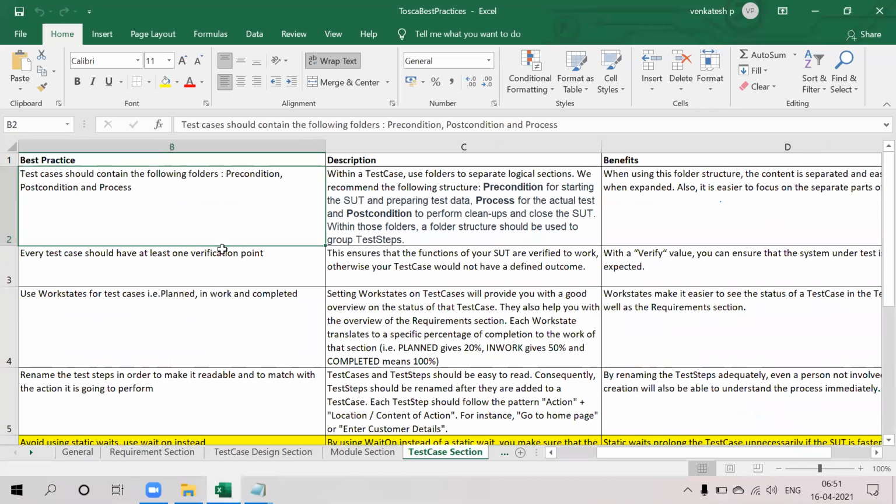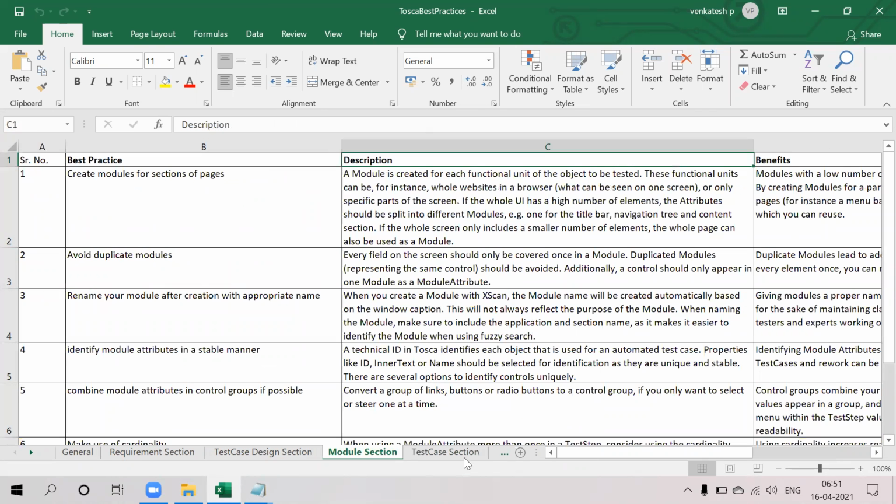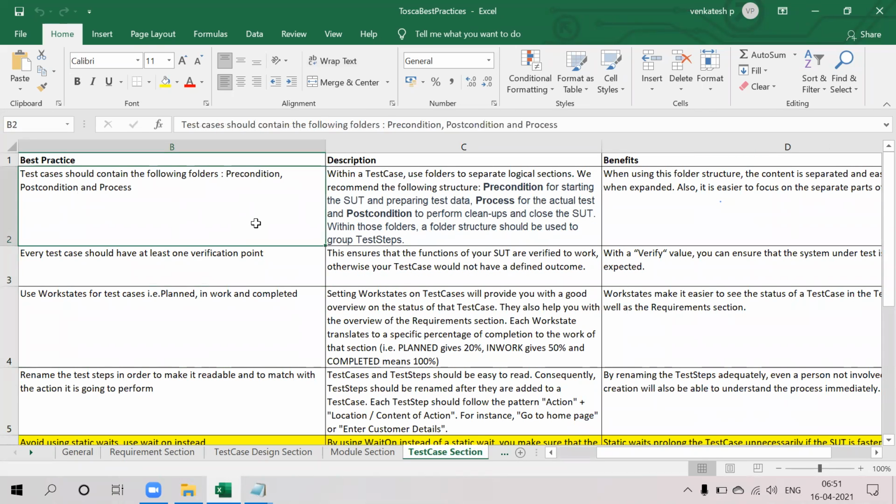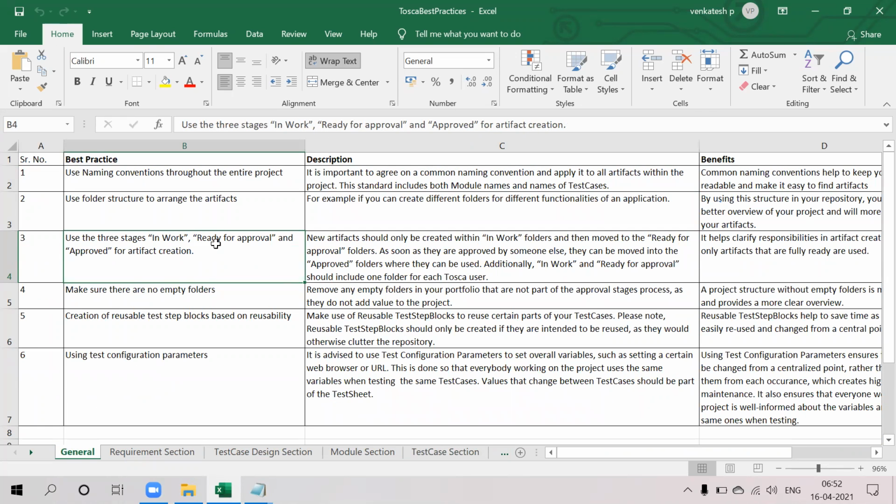This is the structure you need to follow throughout the project, not only for one section. The same you can follow for the modules as well: to create precondition, postcondition, and process, you just create the folder structures in the module section.